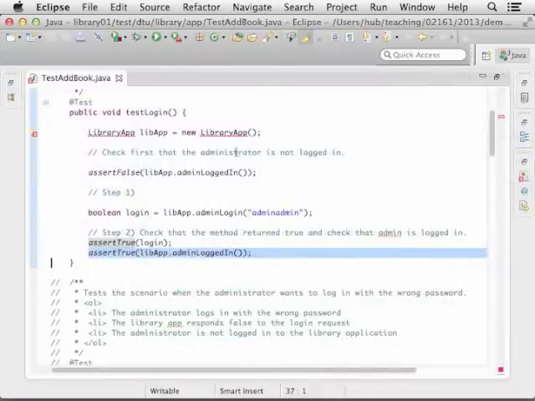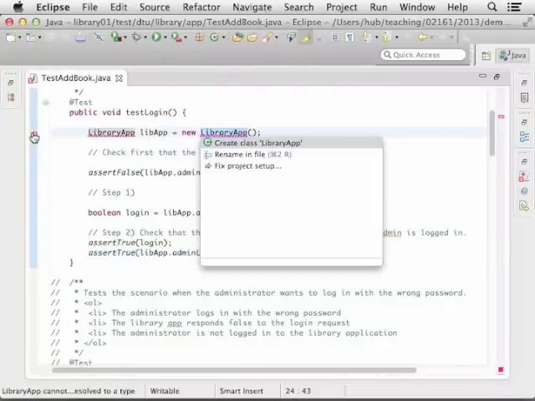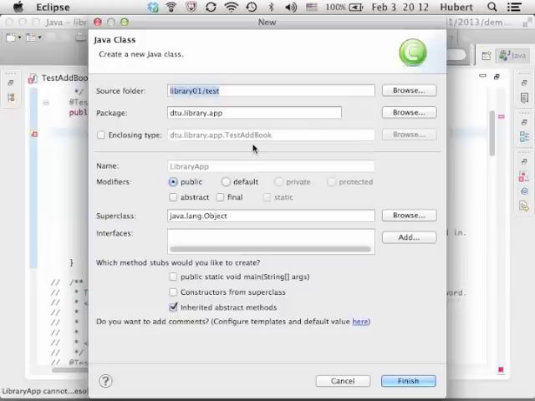Now, the first code that fails here, or which does not compile, is that library application does not exist. Eclipse has very good support for test-driven development, so you can write your classes in here that don't exist, and you can get code hints here. This is the light bulb here, and the error message is that library app cannot be found. If you click on the light bulb, it says okay, I can rename it because maybe I made a naming error, or I can actually create the class. So I will click on create, and I get